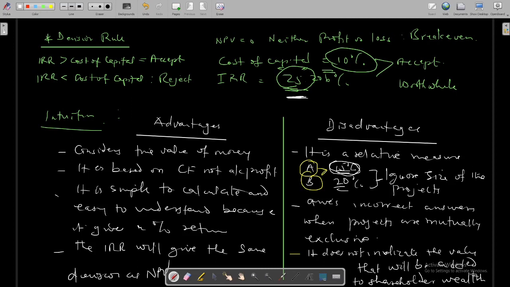What this means is that with the NPV approach, we get a precise figure, a dollar amount that will be added to shareholders' wealth. But the internal rate of return gives a percentage. So it does not give the precise amount that shareholders will get when they undertake